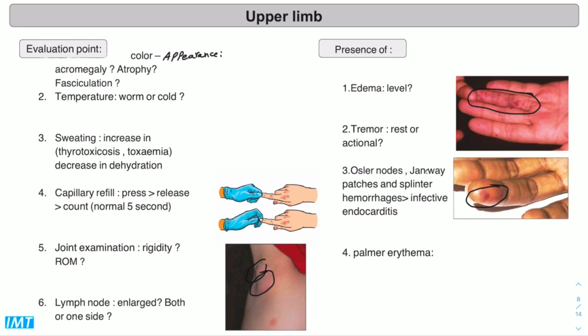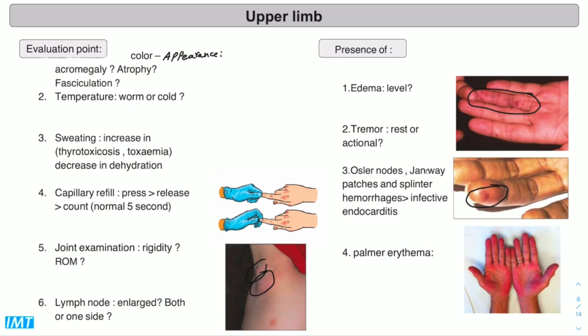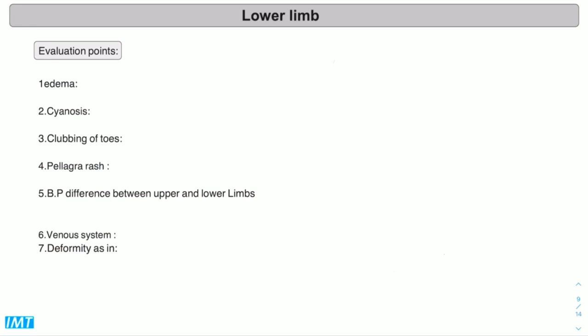Next, we check palmar erythema. Palmar erythema can be normal in pregnancy, can be in autoimmune reactions or autoimmune diseases. Also, it can be due to alcohol abuse. Lower limb evaluation points are 7. First one, it's edema. We check presence or absence of edema, if it's symmetrical or asymmetrical, the level, and if